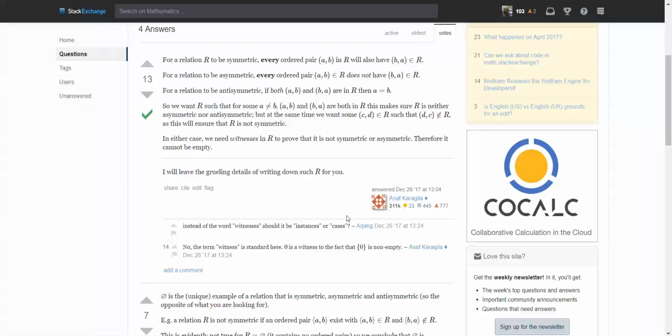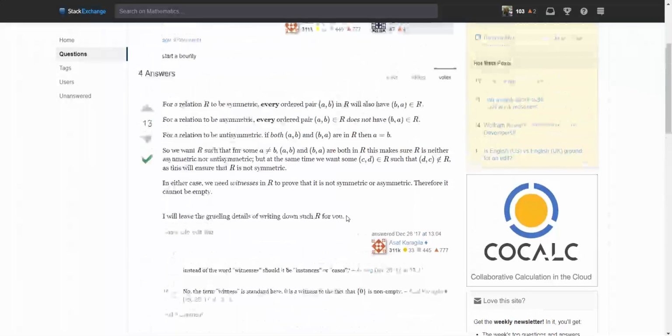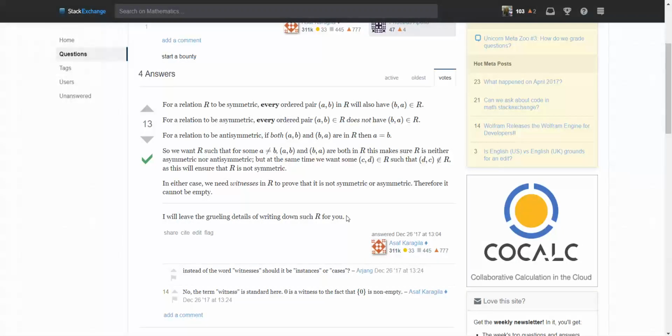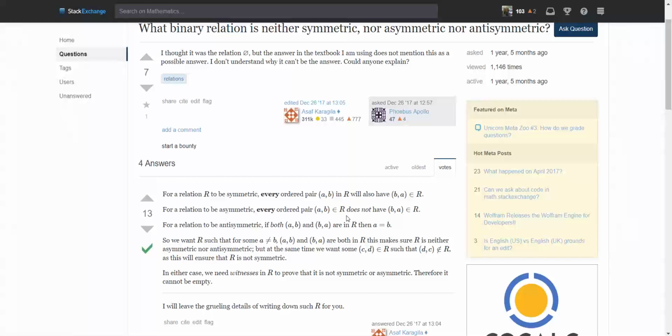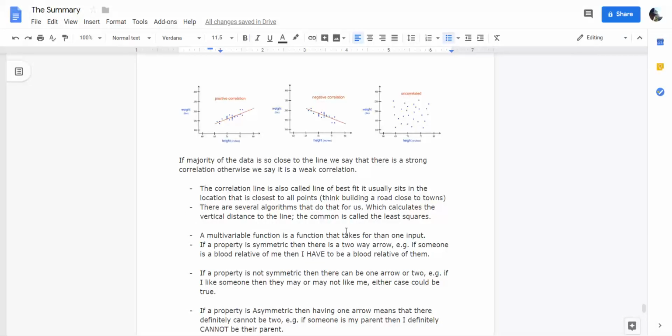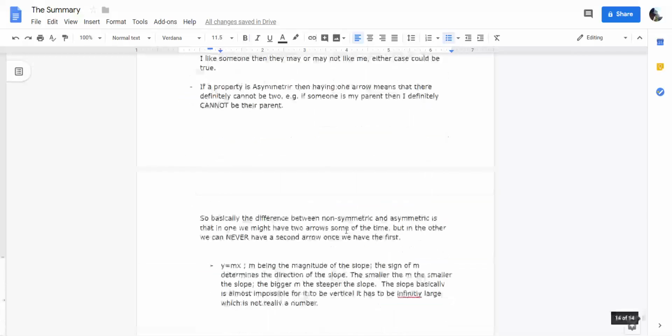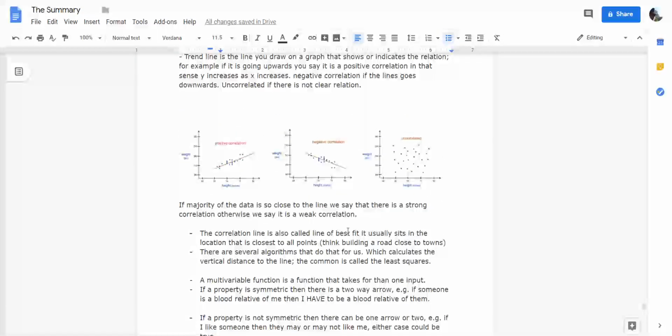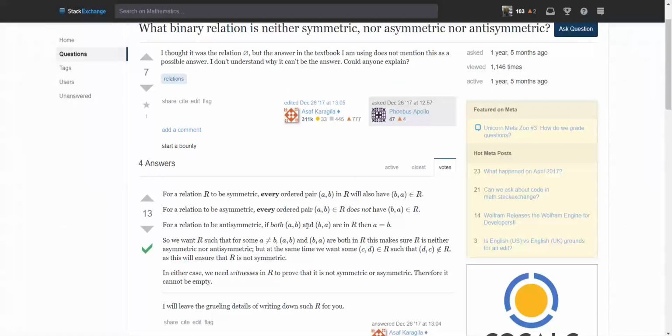Oh boy, this is really interesting. You need to prove each and every one of them. So basically the answer here is that it would depend on the type of relationship that we have. It definitely would depend on the type of relationship we have. So if the relationship allows symmetric to happen,